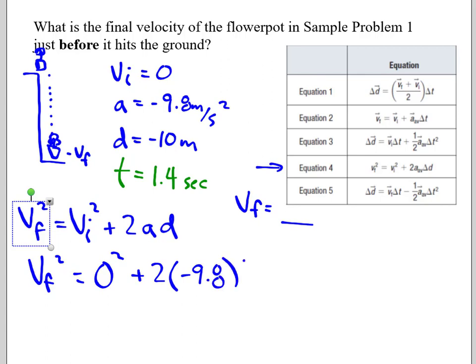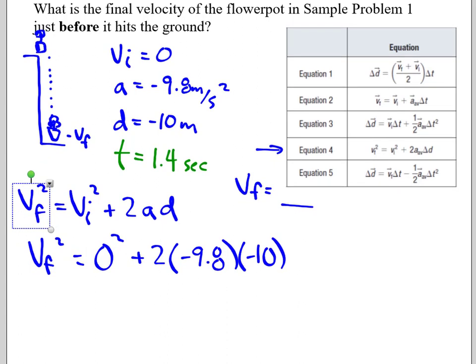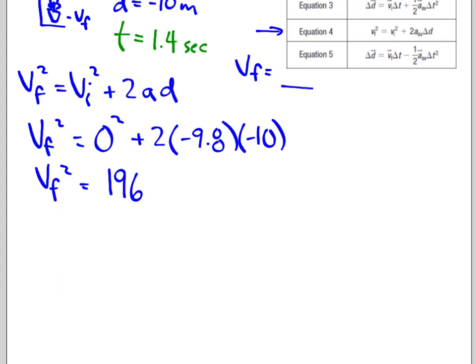A is negative 9.8 and D is negative 10, so we're keeping track of those negative signs, very important. VF squared equals, I think that's 196, better check, let's see, 10 times 9.8 times 2, 196, very nice. And it's positive, so that's going to make my square rooting a lot simpler. We square root both sides, and we get VF equals 14